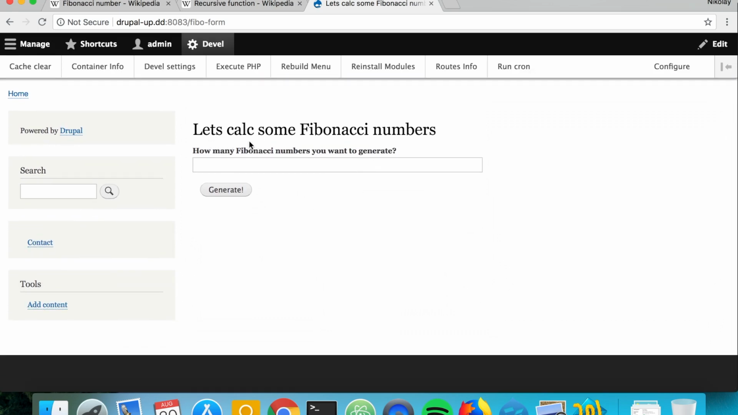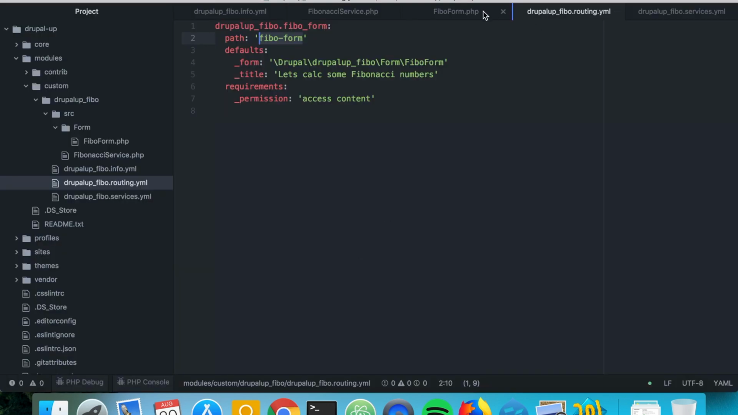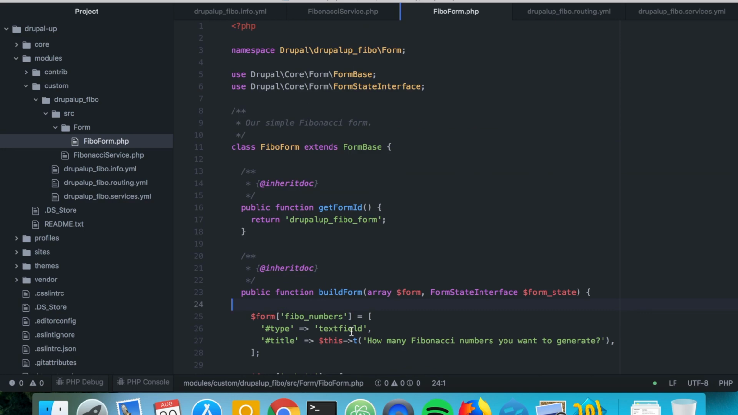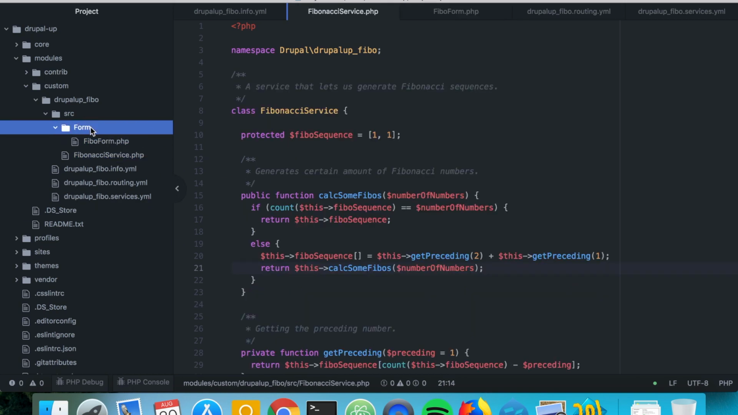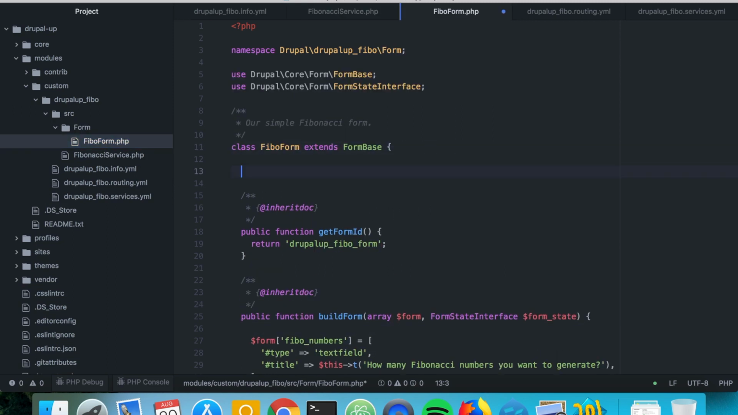So it says, let's calc some Fibonacci numbers, how many Fibonacci numbers you want to generate, and as you click generate, there is just a success message that I wrote here on the submit. But what we want to do is we want to use dependency injection and inject the service that we created here. So let's go ahead and declare a